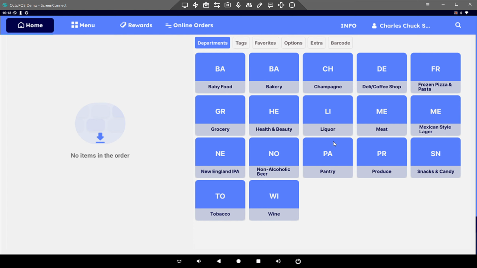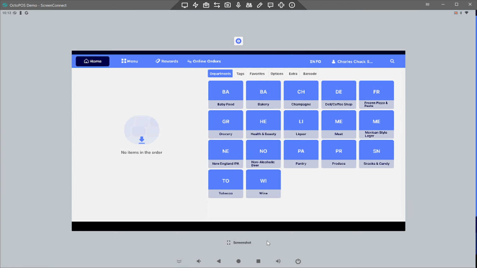But of course, if you've got a back office from your back office PC, you can do the same thing. But we're going to hit this square down here at the bottom, and that would show me the other apps that are running. Well, right now no other apps are running, so we've kind of got a problem. So we hit the circle down here at the bottom, and that gets me back to the desktop. So I'm going to click on Google Chrome,